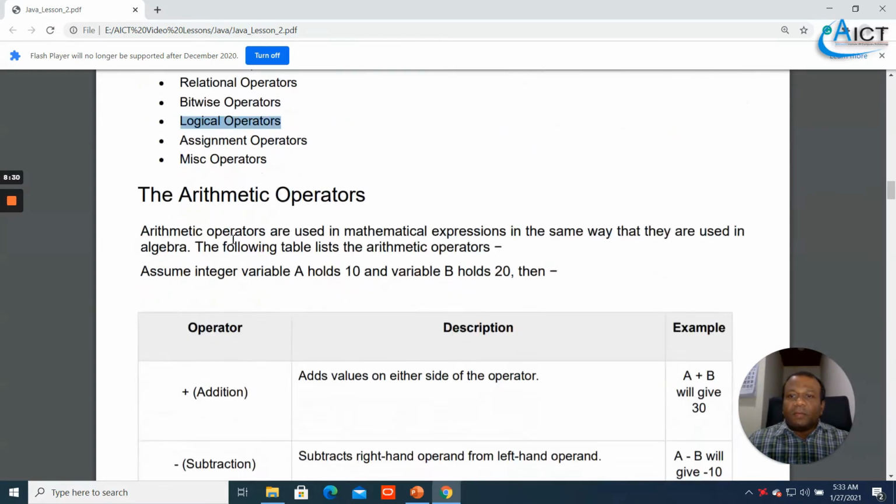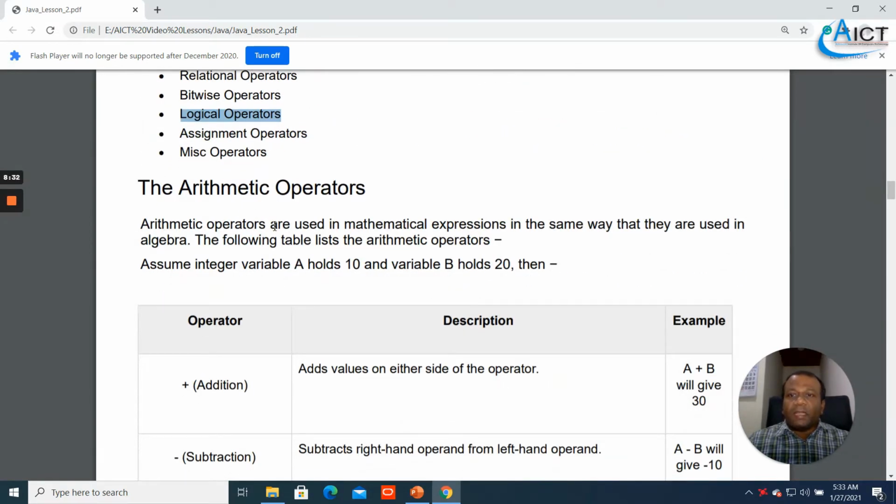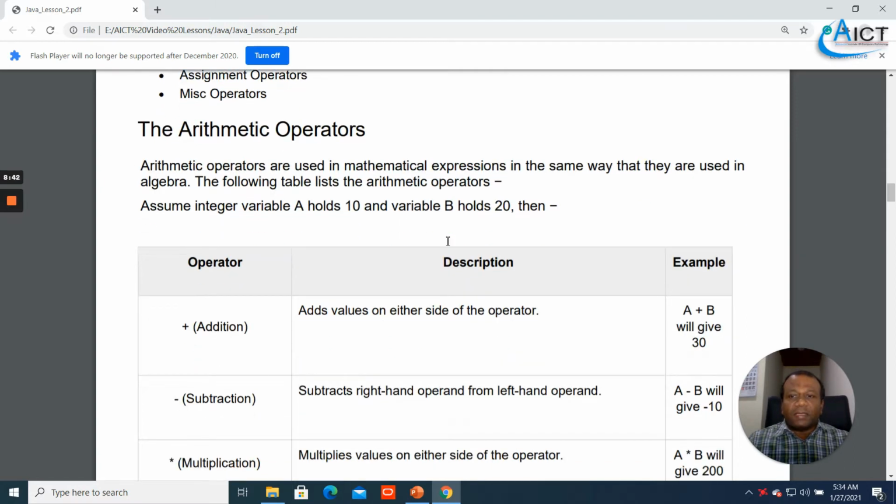Arithmetic operators are used in mathematical expressions in the same way that they are used in algebra. The following table lists the arithmetic operators. Normally we know addition. Here A holds 10, B holds 20.